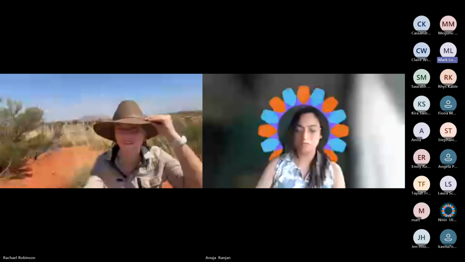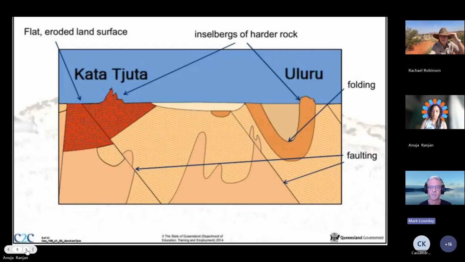There, but they're both made of sandstone. They're quite differently tilted. So Uluru is at about 90 degrees, and we'll see in the diagram shortly, you can actually see the layering of the rock, as you can at Kata Tjuta as well. So if we fast forward 350 million years ago, when the seas of the Amadeus Basin receded,